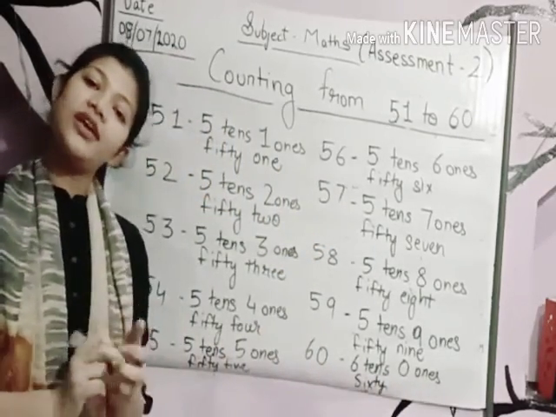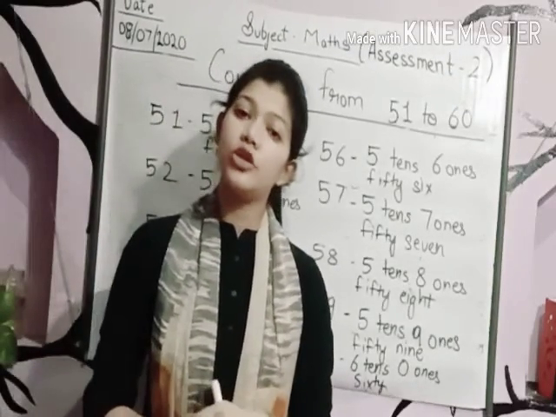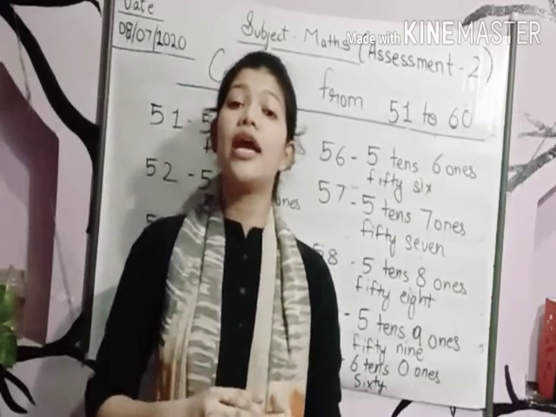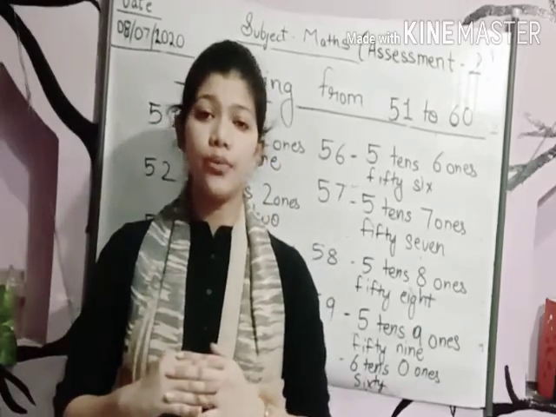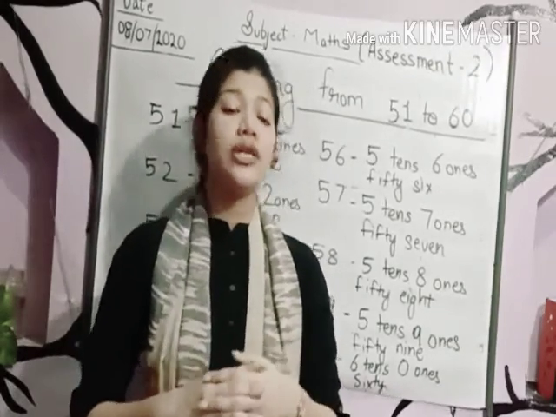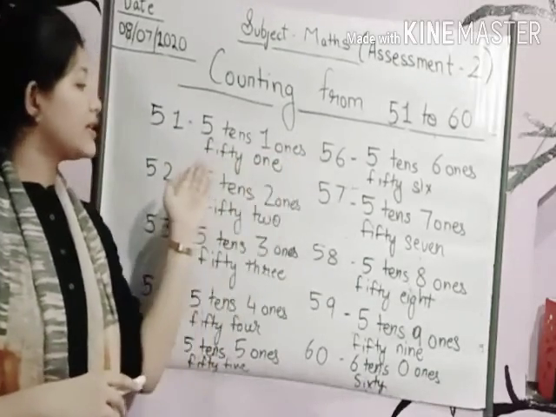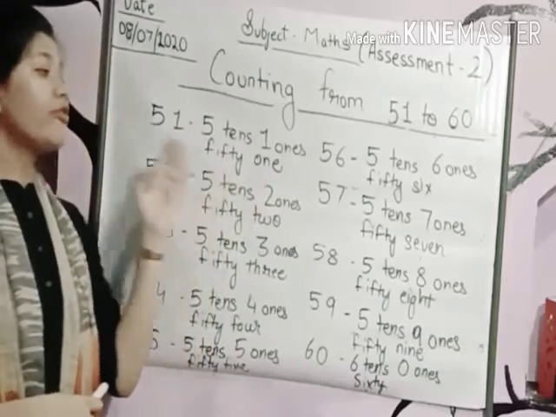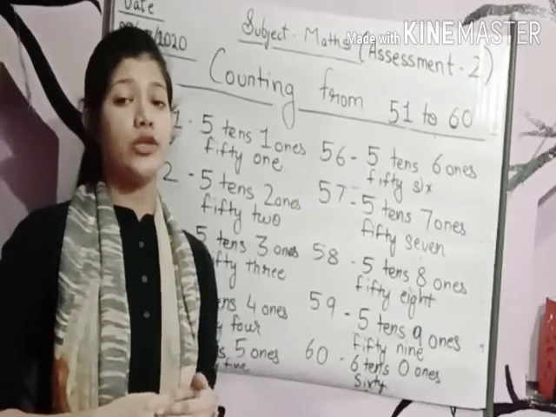Clear? Okay, understood. Now students, I hope this much is clear to you all. I hope that you have understood how to write the place value and the number name form of any numeral. Okay, so students, this is the way we write place value form and this is the way we write number name form. Okay, if questions come like this, then I hope you can do it yourself.